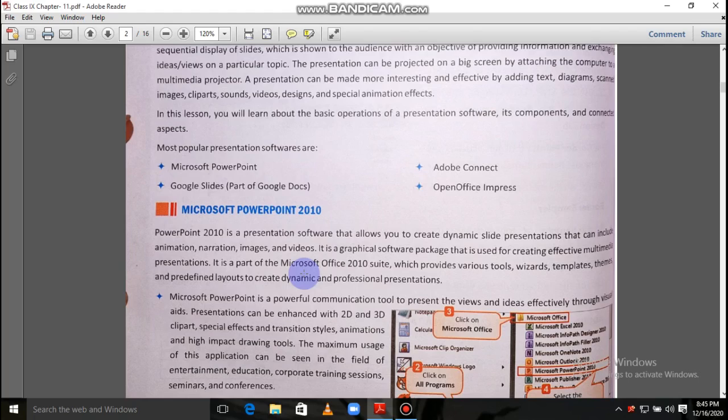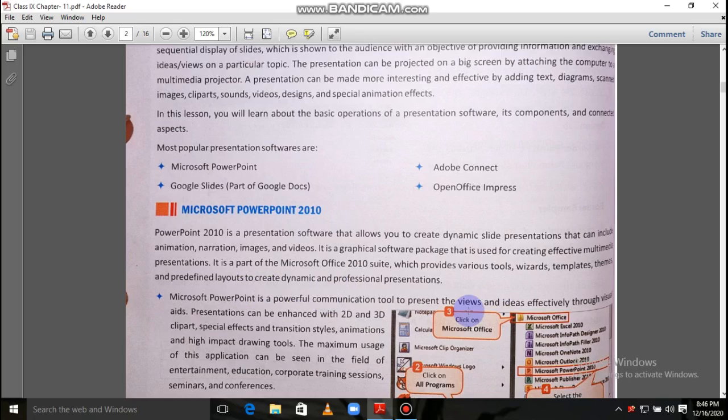Office suite means whenever you try to open it, after clicking on All Programs, as you click on Microsoft Office suite, inside that suite you are getting this PowerPoint also, along with MS Word, along with MS Excel. So this also you are getting, which provides various tools, wizards, templates, themes and predefined layouts to create a